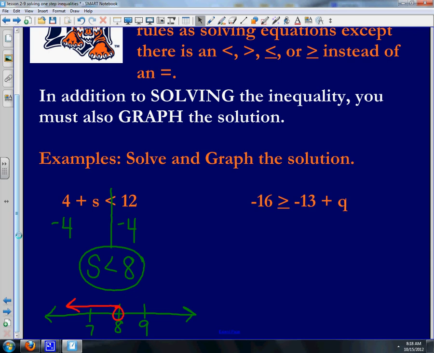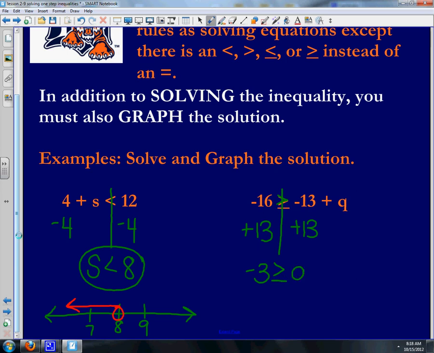All right, this next one, here's my inequality sign. So I'm going to draw my arrow down. I want to get q by itself, so I'm going to get rid of the 13. Well, this is a negative 13, so therefore I'm going to do positive 13 to both sides. So then I have negative 16 plus 13 is negative 3, and then I keep my sign greater than or